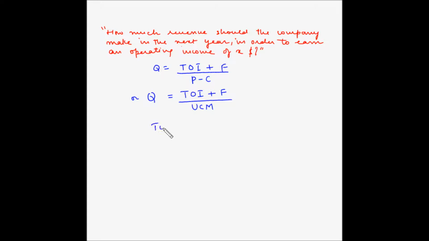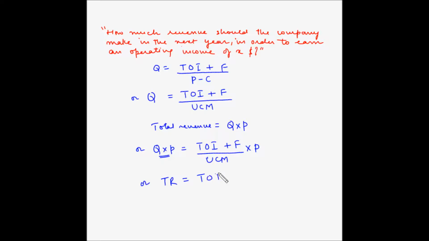Now we know that total revenue is equal to quantity multiplied by the unit selling price. So let's multiply both the sides of this equation by P. So we get Q multiplied by P is equal to target operating income plus the fixed cost divided by unit contribution margin multiplied by P. So this is total revenue,